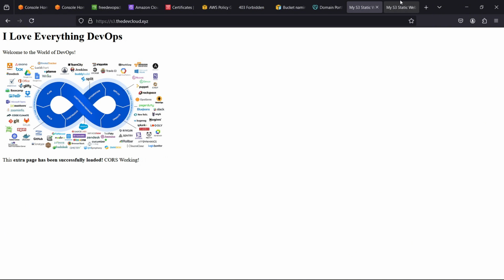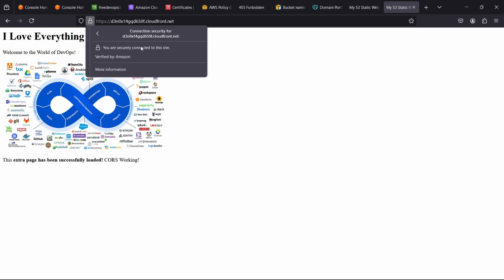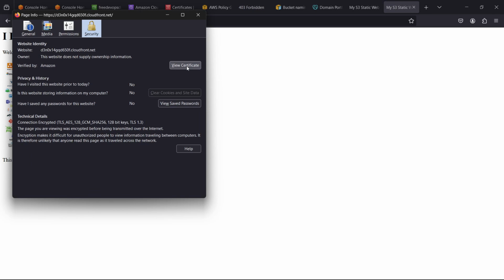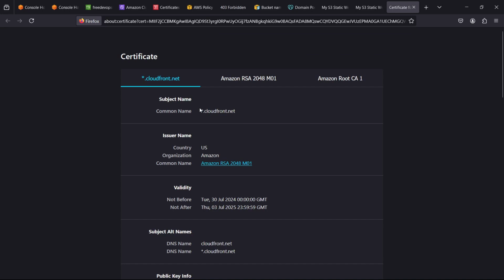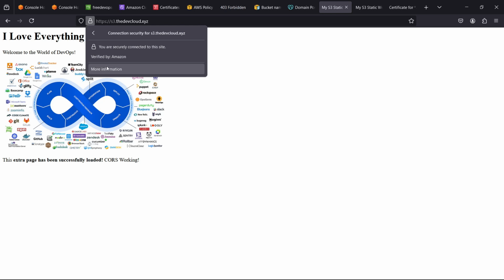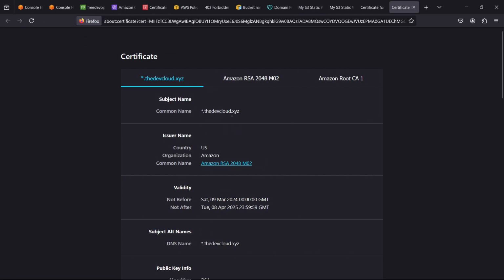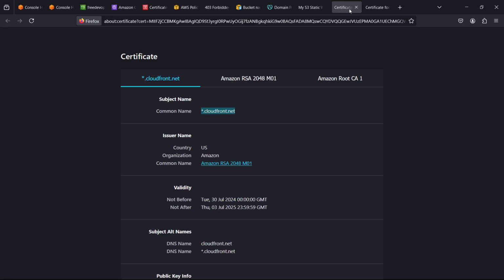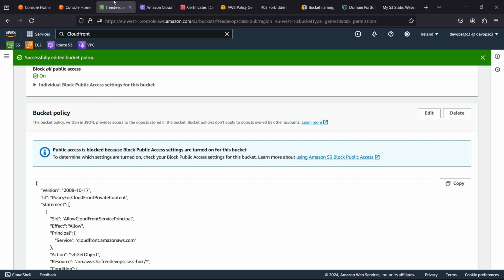You can see that it's using HTTPS as well. So if you come here, for example, and look at the certificate, click on view certificate. The certificate is basically from the CloudFront distribution itself. But if I come to the one where I'm using my own DNS, click on more information, view certificate, I can see that the certificate is coming from my certificate manager, which is the devcloud.xyz. So that is basically how to configure your bucket to use CloudFront,